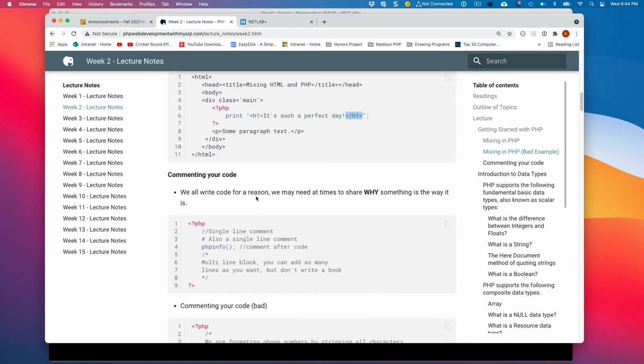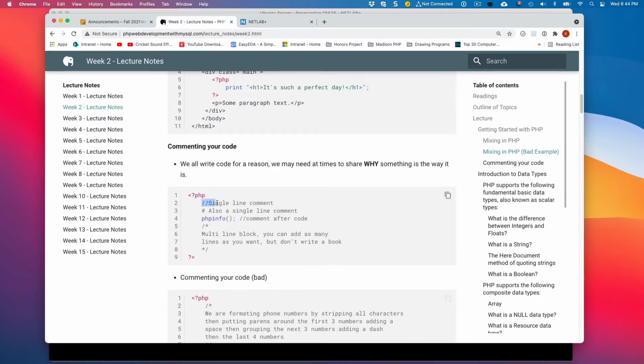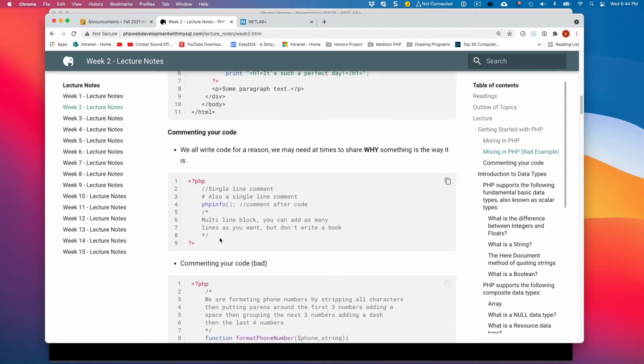Okay, just like other programming languages, PHP has comments. We have single line comments, which we can write with a double forward slash, and you're used to that from JavaScript. You can use a pound sign, but I don't recommend that. I actually recommend using the two forward slashes for single line comments. And then we can have multi-line comments, which are also similar to JavaScript and Java. Most programming languages use the forward slash for a single line comment, and then slash asterisk, and anything in between that and a closing asterisk slash will be considered a comment.